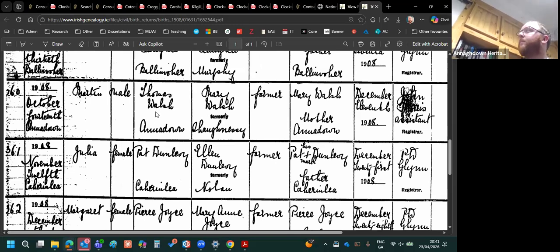So you can do the same with any of the other entries, just estimate the birth year from the age in 1926. The same for marriages. If you know somebody's been married 5 years or whatever, you can go into this and find the corresponding marriage record there as well.